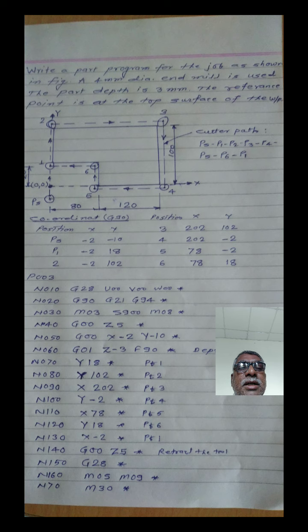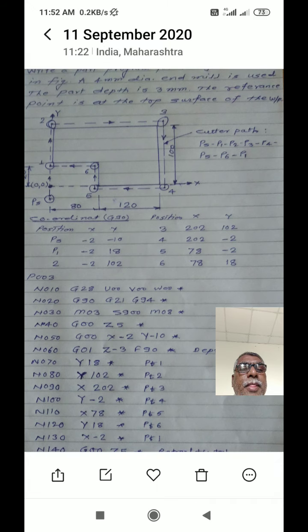When the machining operation is taking place, the metal is removed from the periphery of the cutter. Is it clear? Not from the center. But here, while finding the coordinates, you have to consider the radius of the cutter, means that is center of the cutter. Is it clear? Then you have to first bring the tool from machine home position to the starting point of the machining operation.